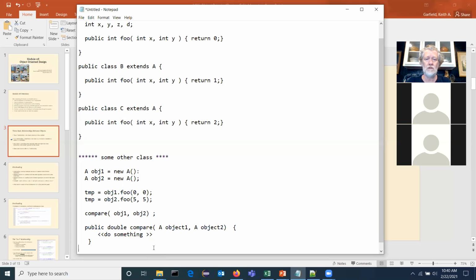Okay, I think I'm getting confused with comparing what's getting passed in and what it returns. What's getting passed in is the actual object itself, which is a whole big memory space full of data. Okay, so in this example, that would be X, Y, Z, and D. Yes. Right. So when you say compare object 1, object 2, you're going to compare X, Y, Z, and D. Okay, thank you.